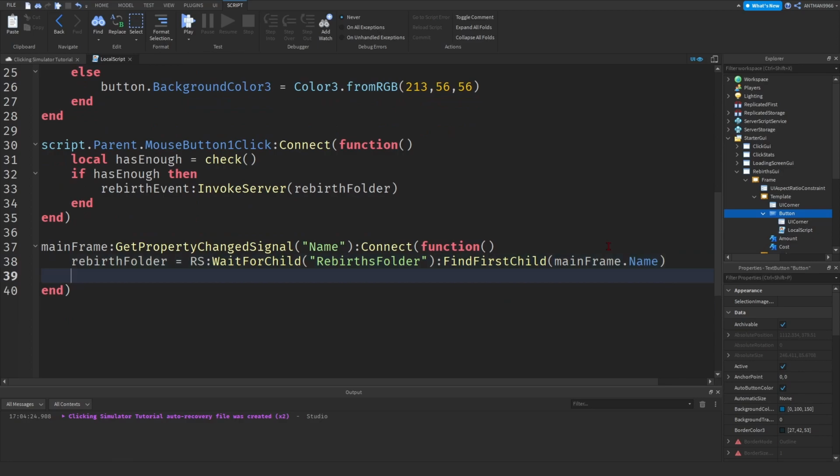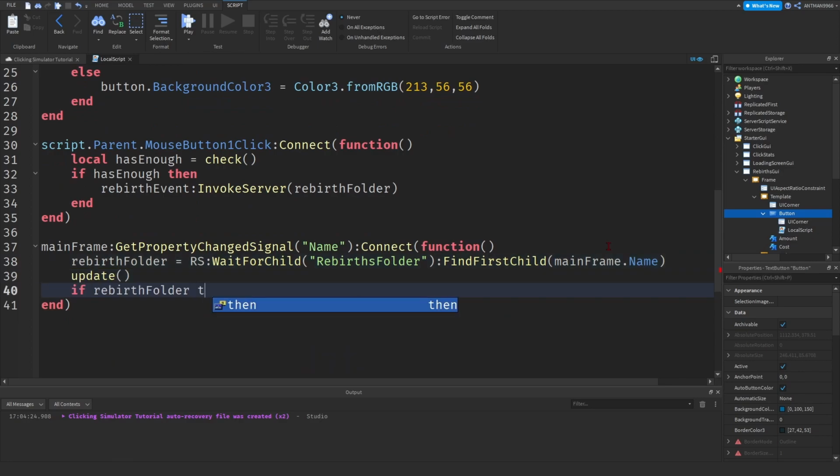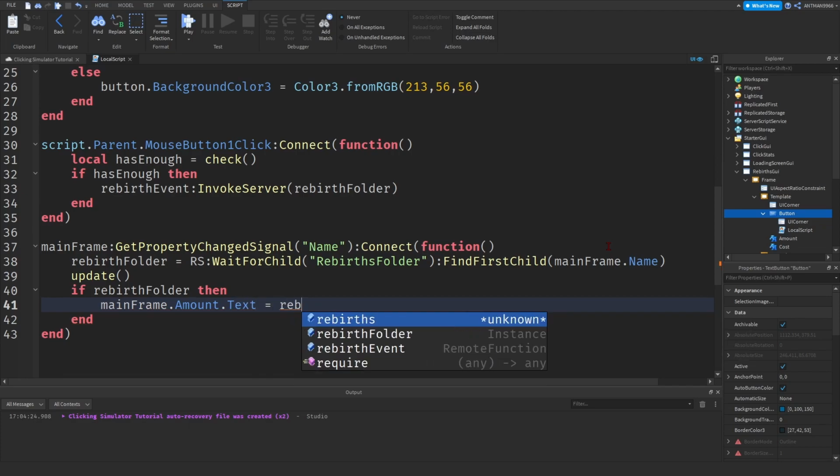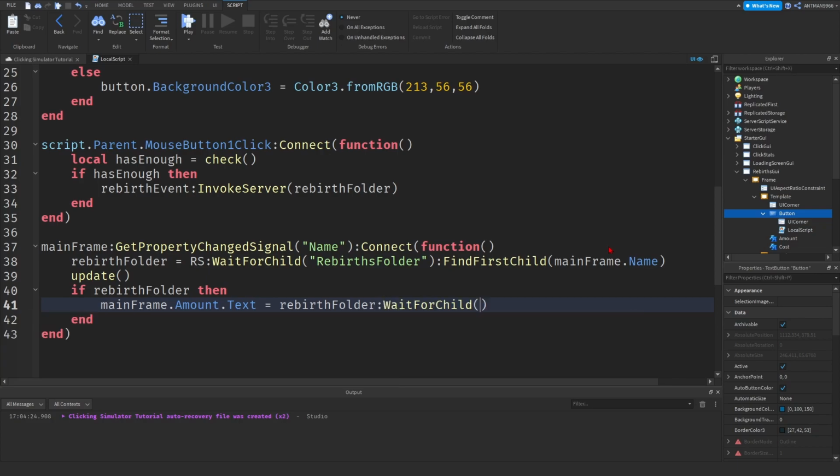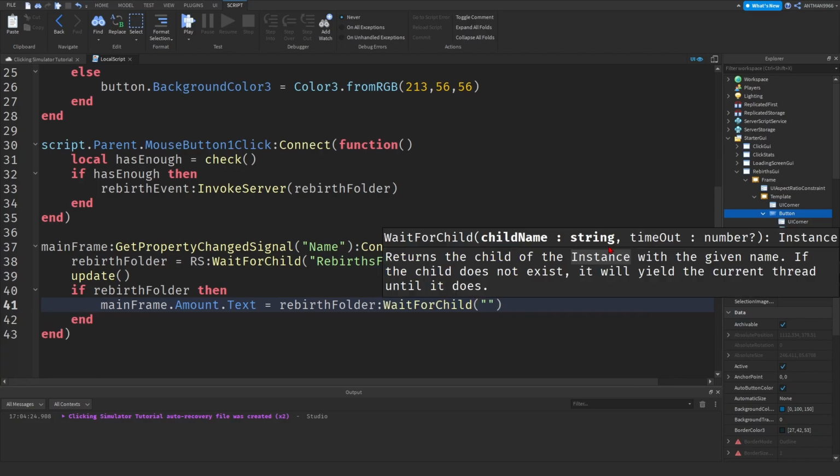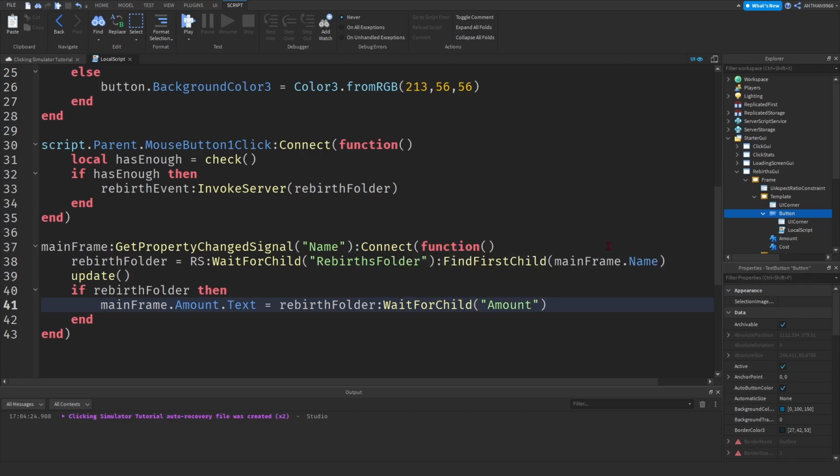And then you're going to want to say update brackets and say if rebirth folder, then mainframe.amount.text is equal to rebirth folder colon wait for child speech marks amount dot value dot rebirths, just like that. And then you're going to want to copy this line, come down the line and paste it in,